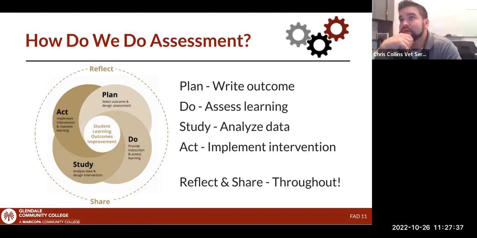Chris, go ahead. Yeah, really quick, back on the questions to gain feedback. Whether you ask, hey, do you know when your drop date is, or do you know the difference between an F and a W, you might run into a student that says yes, just to end the conversation or pretend to know. And if you were to follow it up with, well, can you tell it to me? Then he or she might already be on the defensive, to where they're going to double down on their ability